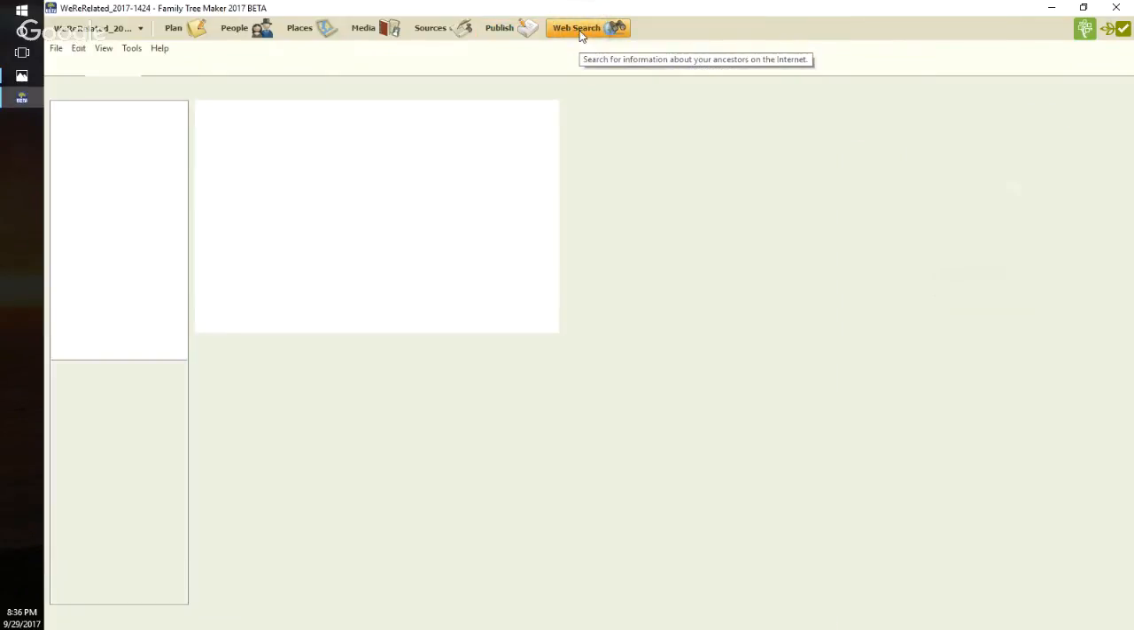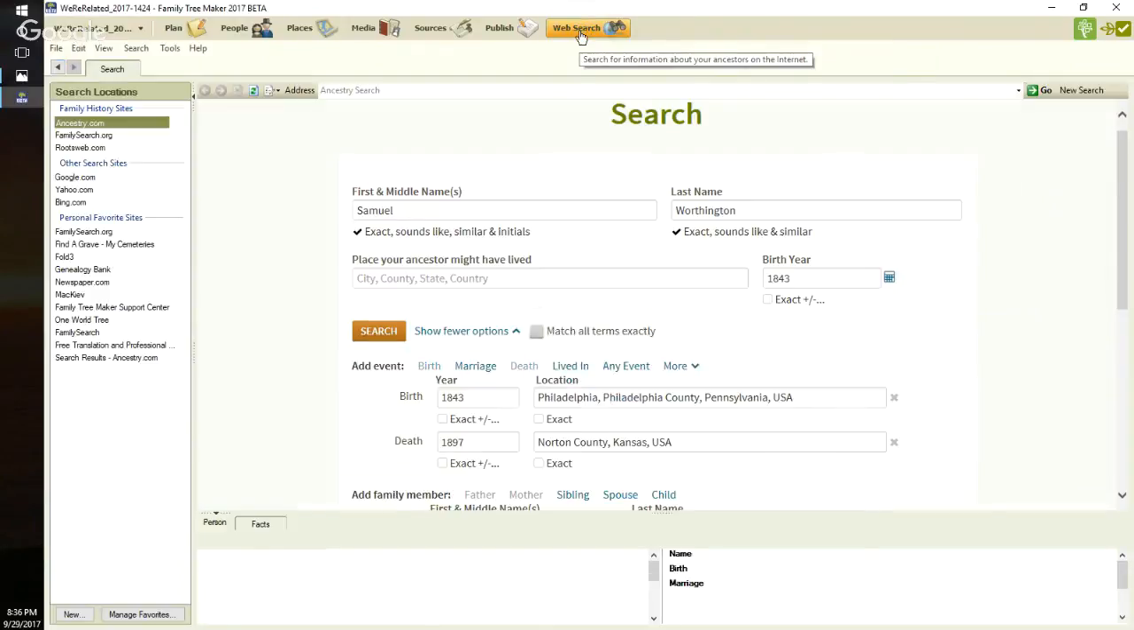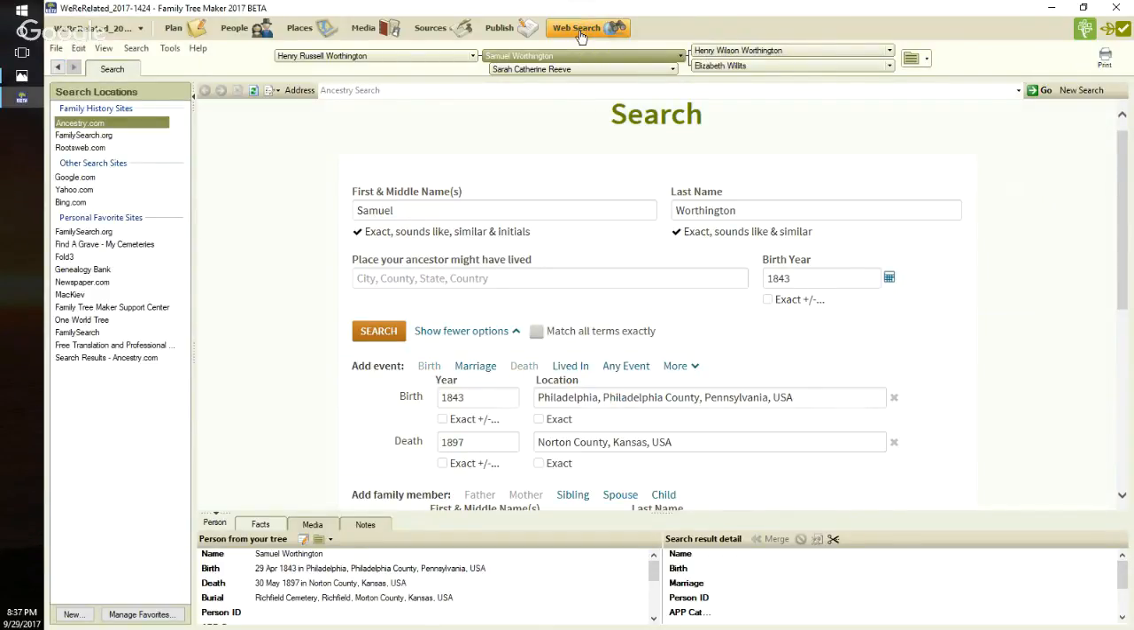The other workspace is the web search workspace. I will spend a lot of time in the web search workspace. I do a lot of blog posts on using the web merge feature, which is part of that. But this is where I do my searching. Well, maybe. In fact,